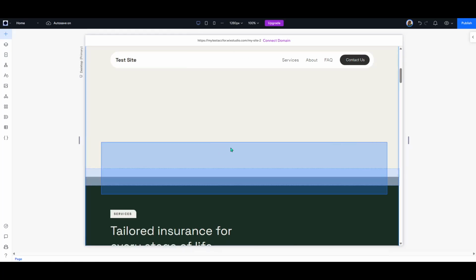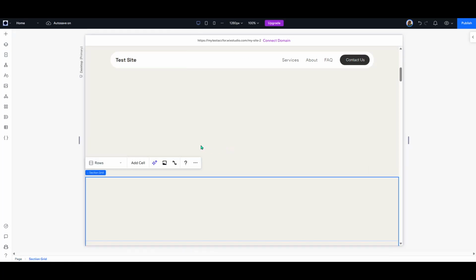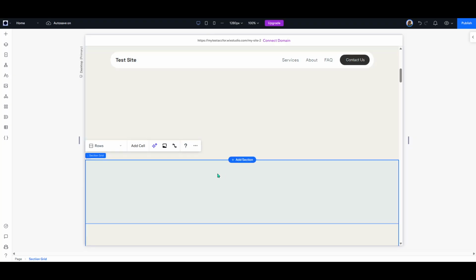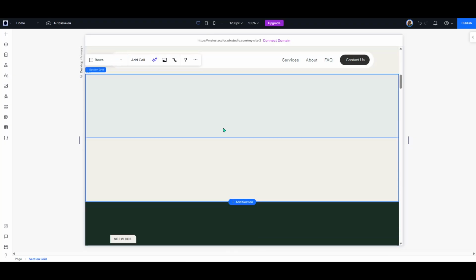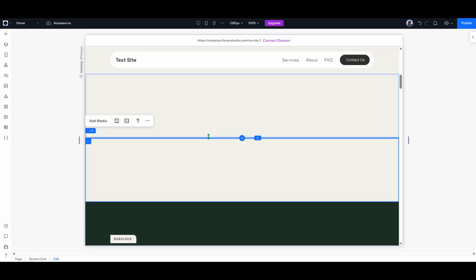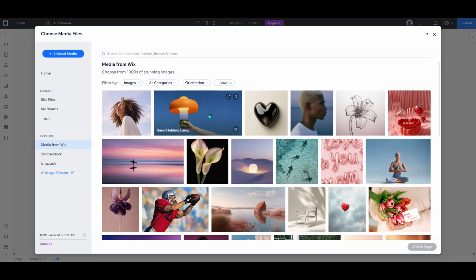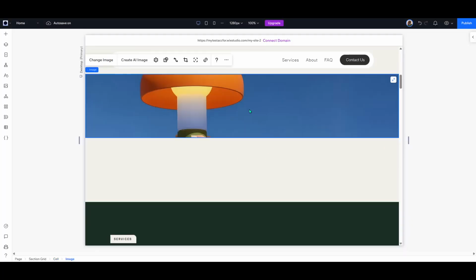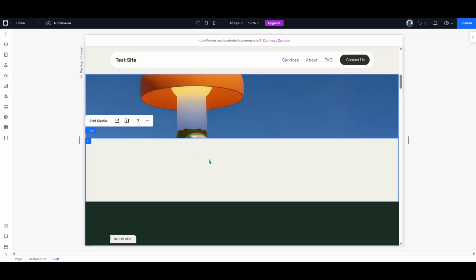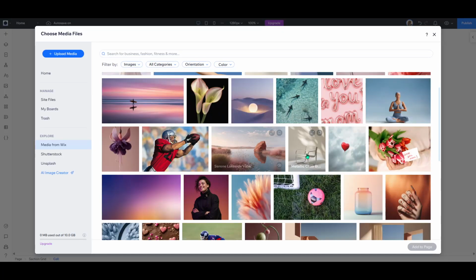Many strip presets already include columns, which are perfect for side-by-side layouts like text on the left and an image on the right. Add your headlines, paragraphs, buttons, images, or icons directly into the strip, and they'll snap into the structure for a clean, professional look. Because strips are full width, they adapt well to different screens, helping your design remain readable and cohesive on desktop,